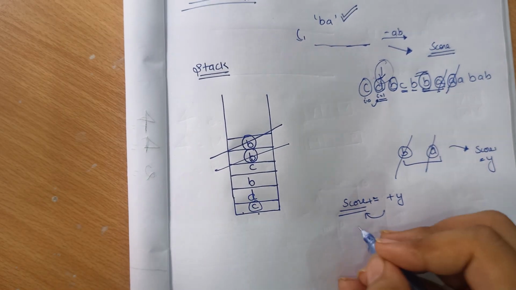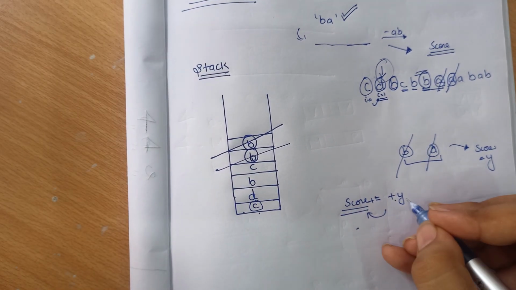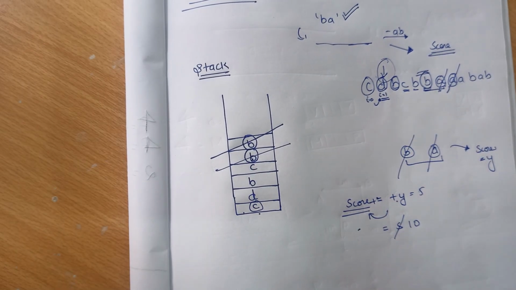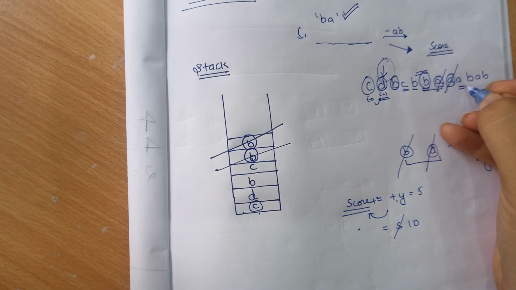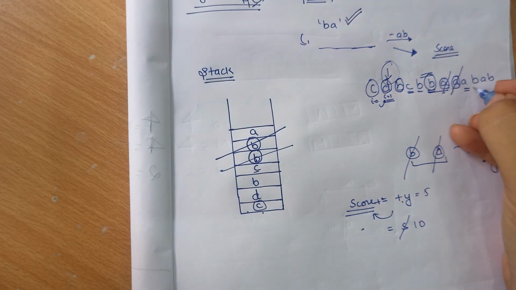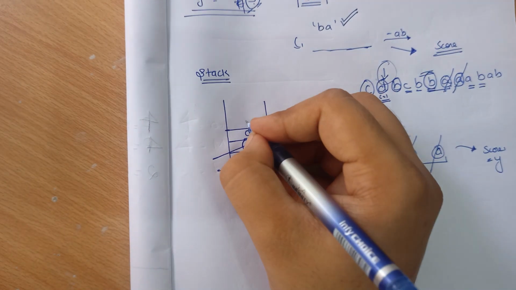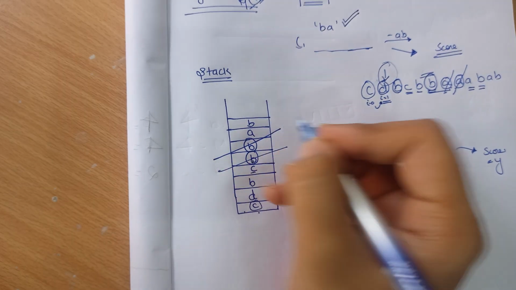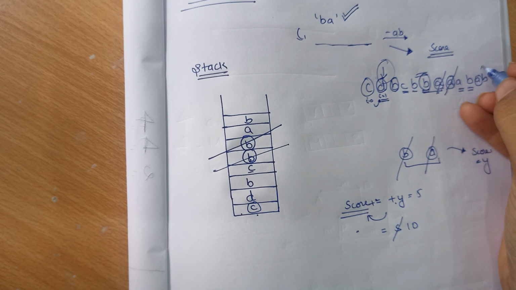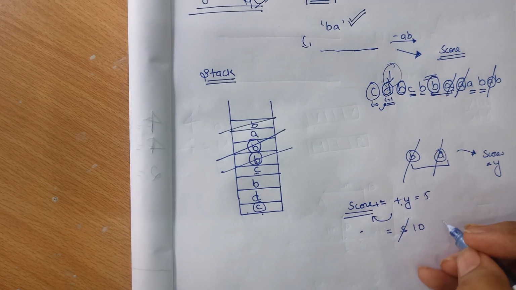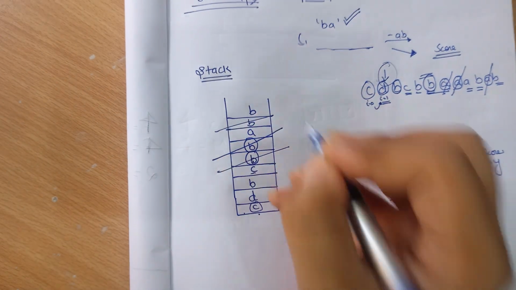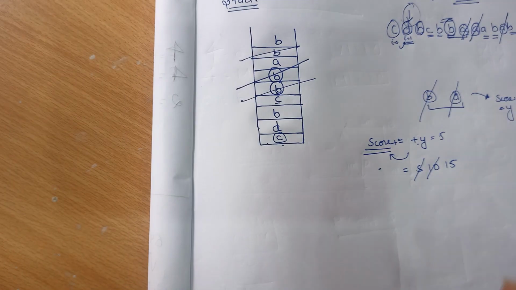So the score, first of all it is y, which is 5, and again we are increasing it, so it becomes 10. After that we are getting A, but there is no B here, so we have to put A directly over here. Next we got B, so we directly put it over here, and after that we get A again. So the substring BA is made over here, so again we have to remove it and increase the score. Next we are getting B, so directly putting B over here.